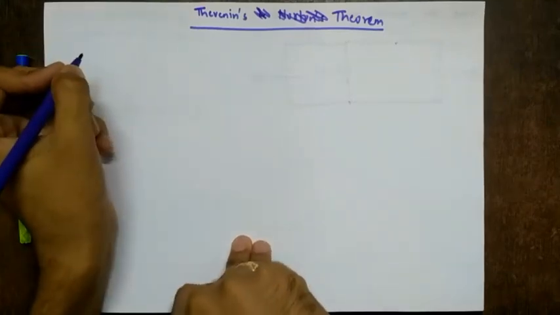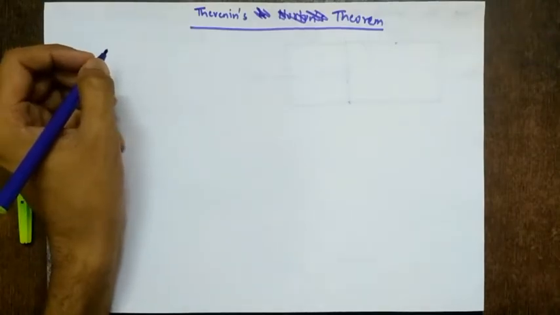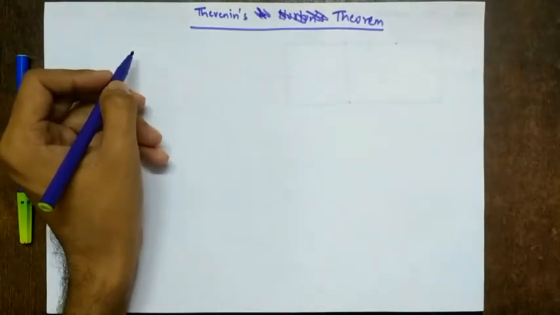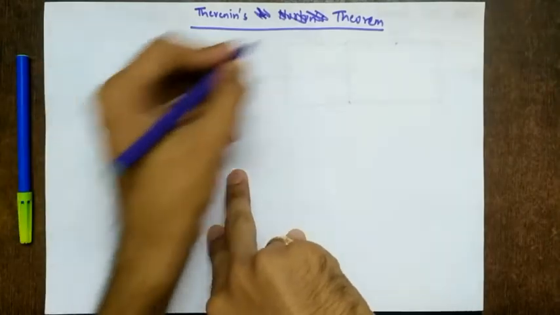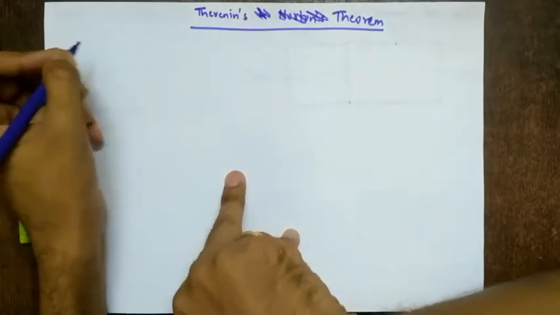So yesterday we talked about superposition theorem. So next is Thevenin's theorem. Usually I take Thevenin's and Norton's theorem together. That's why I had initially written Thevenin's and Norton. But since we are using dependent sources and to have more practice, I'll take Thevenin's theorem only. So tomorrow we'll cover Norton's theorem.